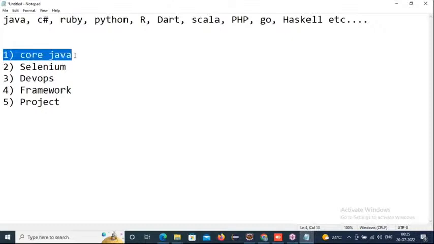What concepts in core Java will we learn? What a project is, what a package is, a Java class, interfaces, abstract classes, method overloading, overriding rules, polymorphism, constructors, loopings, decision-making statements, single-dimensional array, two-dimensional array, user-defined array, if conditions, switch cases, scanner classes,